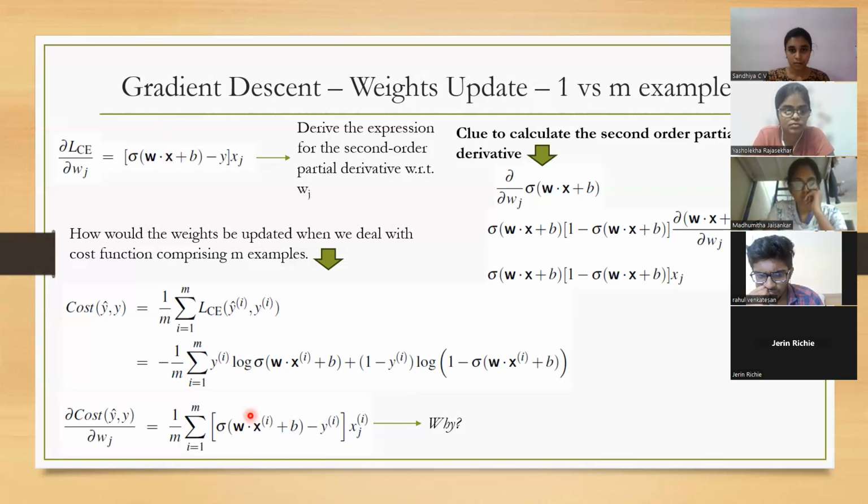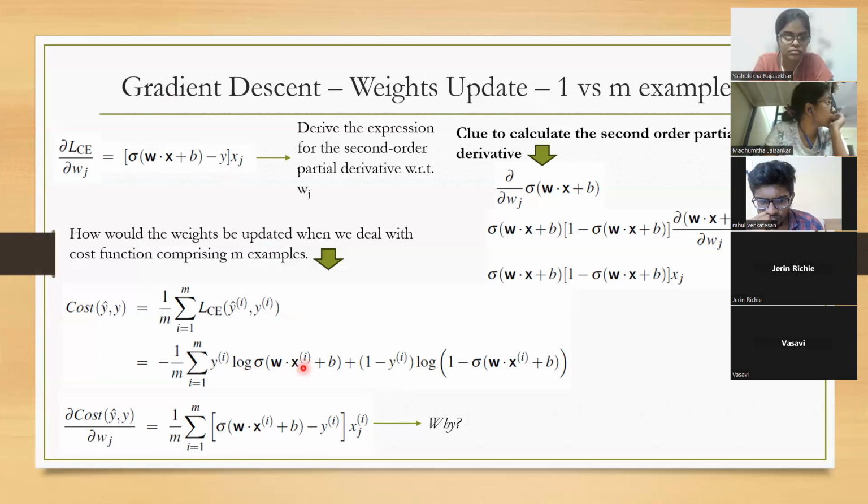The only difference between this and this is you've taken this and you're summing it up across examples. That's for a single example, so this is for one data point, which means like one single row. Here you have computed it for m different rows. So basically you've computed an average. Okay. Now,